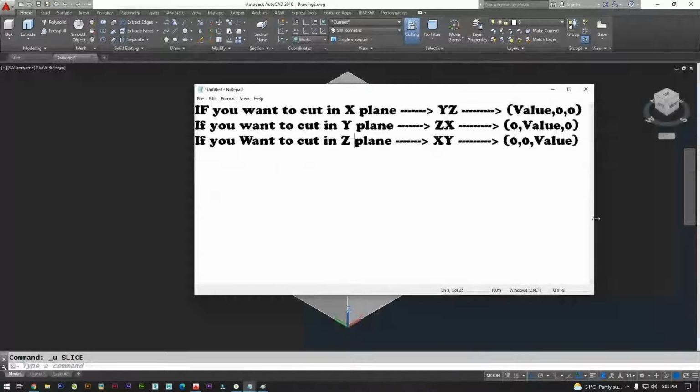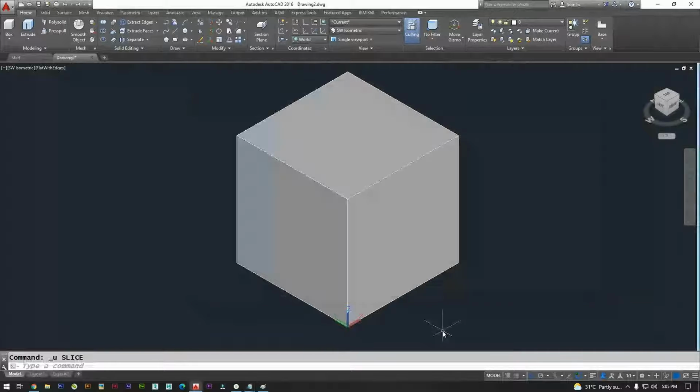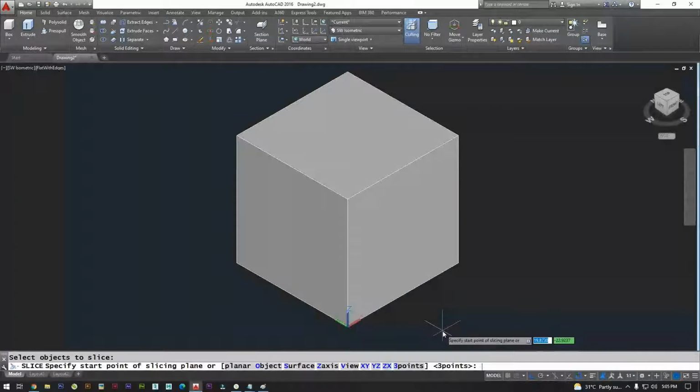Now you tell me, if I want to cut in the X plane, say at 20, how much value should I give? That means how do I need to take the slice? I want to cut in the X plane, so which one should I take: XY, YZ, or ZX?